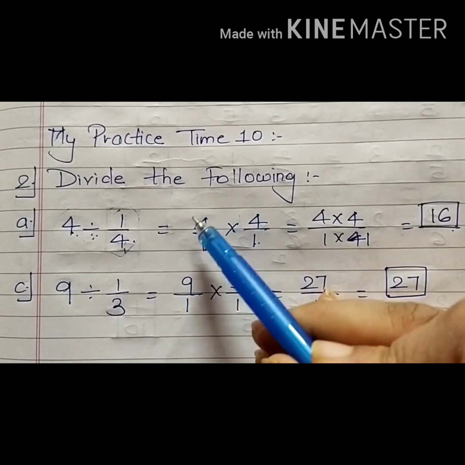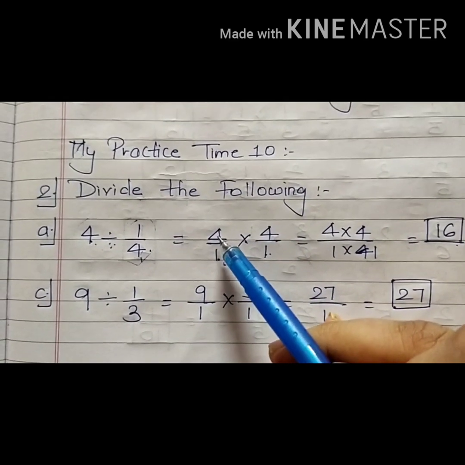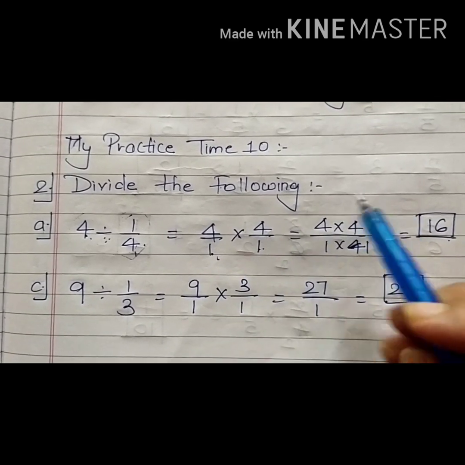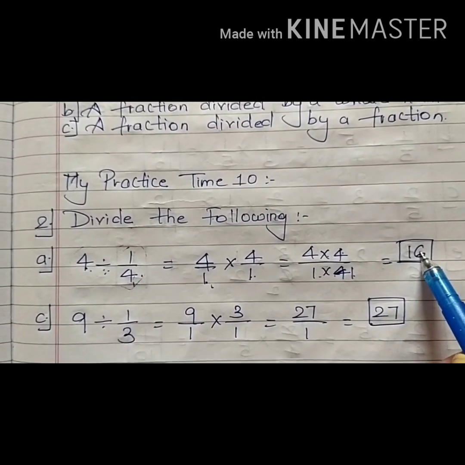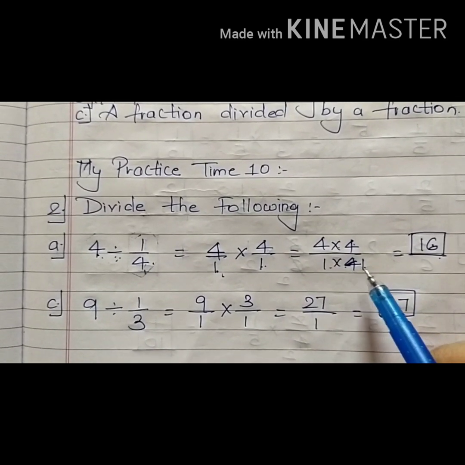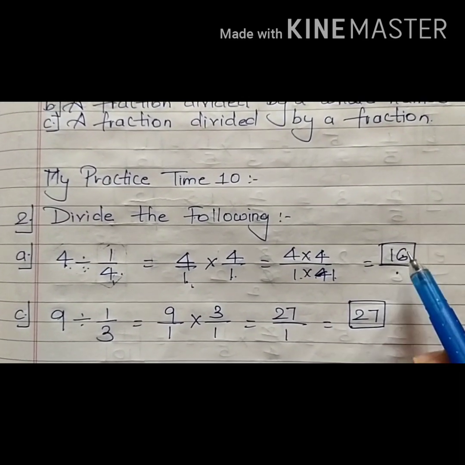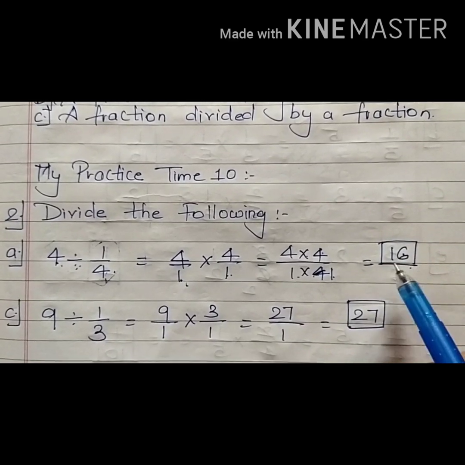Now you can do it the same as the multiplication one. Multiplying the numerators and denominators, I get 4 into 4, 1 into 1, that is equal to 16. This has to be 1 into 1, that is 1. It is okay because it makes a whole, and I have simply written it as 16.